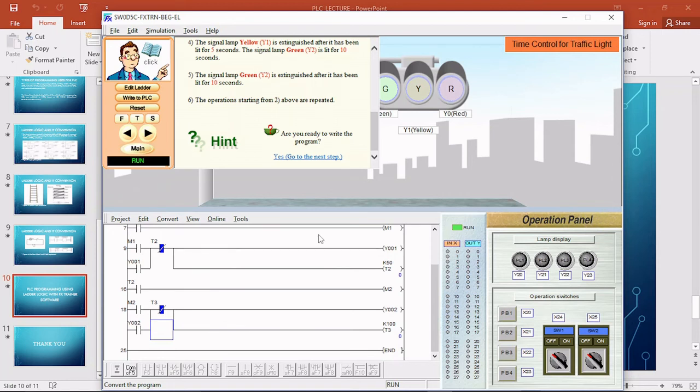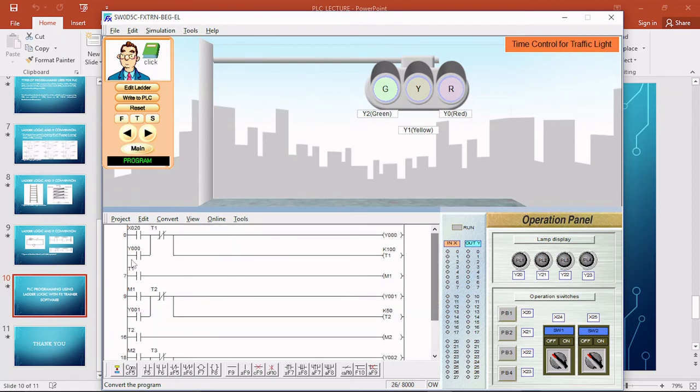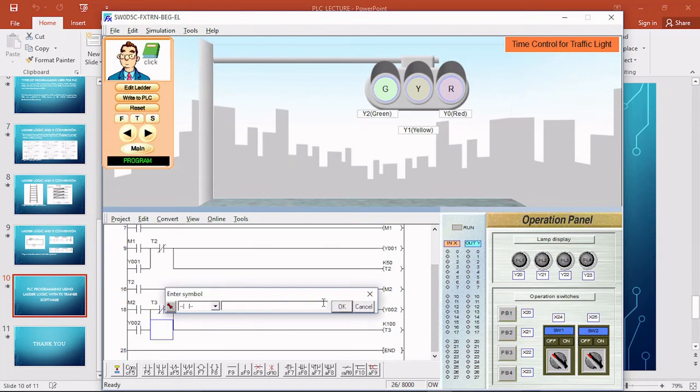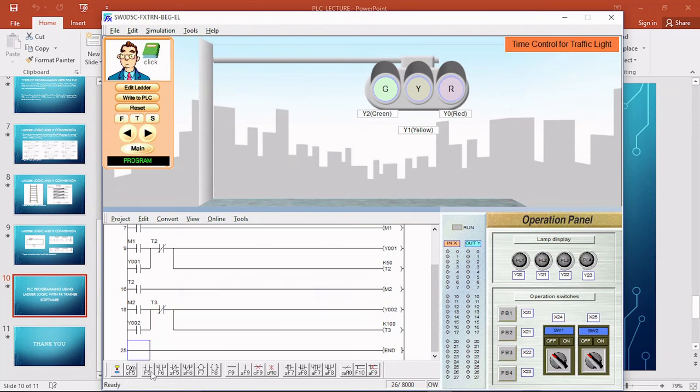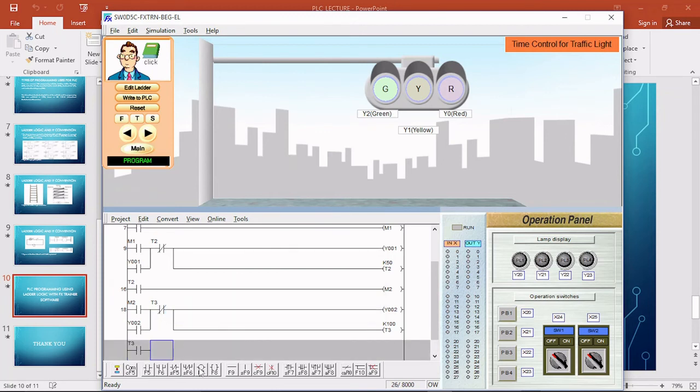So in that case, we need to find a way to use the output of the green to start the whole cycle again. And what we can do here is to edit this and use the timer T3, which will go on to be energized momentarily here, and latch it with this first run where we have Y0. So what we can do is to have another relay down here. So T3 into relay M3,